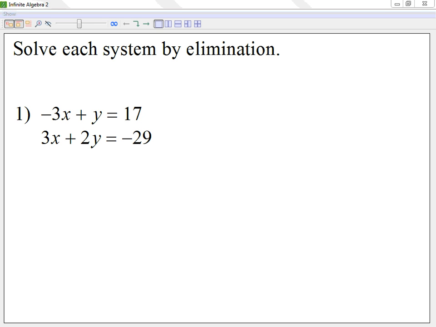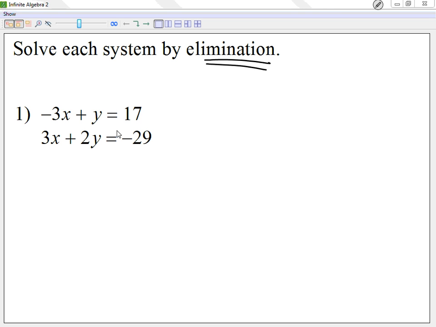Alright guys, so before I showed you how to do it by graphing, then I showed you how to do it by elimination. Today we're gonna do it by elimination. So we're gonna eliminate. What the idea of elimination means is looking at my two equations, if I combine my